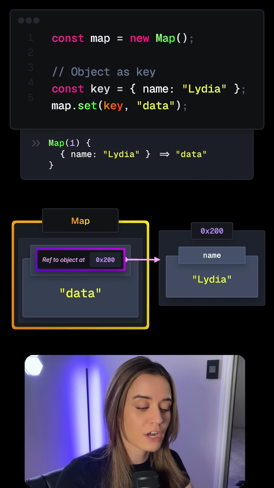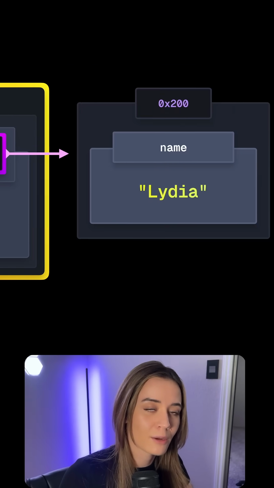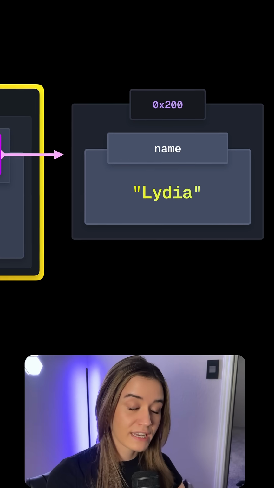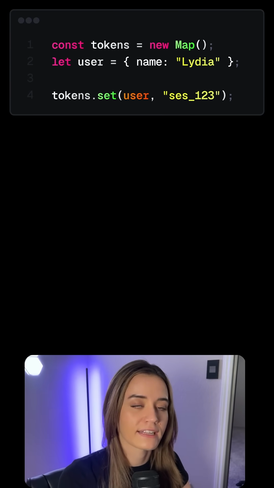And in JavaScript, objects are handled by reference. So whenever we use an object as a key in a map, this key is essentially just a pointer to that object's location in memory. So using a map can be incredibly useful for adding some additional metadata to an object without directly modifying that